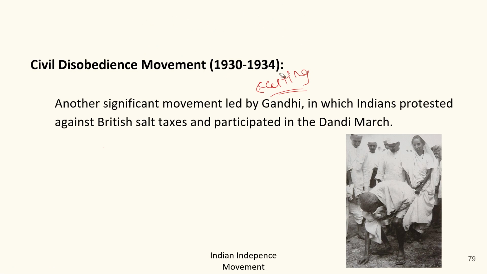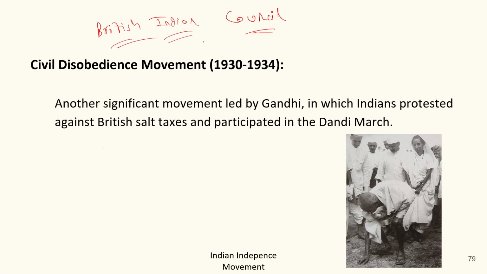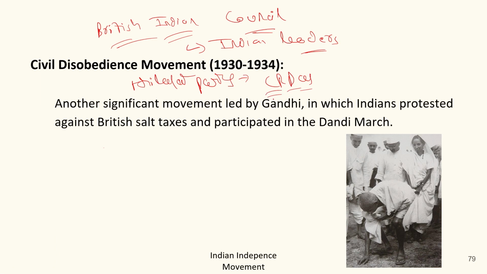But something happened at that time. And what was that thing? Actually, the Britishers were giving representation to the Indians in the British Indian Council. So the Britishers were giving the chances to the Indian leaders to come to this council, but the leaders were making trouble for the Britishers in imposing their policies, especially the Khilafat Party, established by C.R. Das. So they were making trouble for the British government to impose their various policies, and to get rid of them, the Britishers decided to send